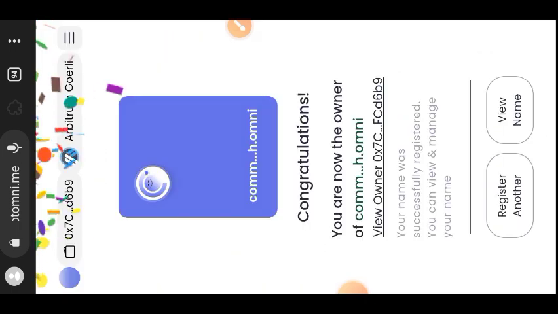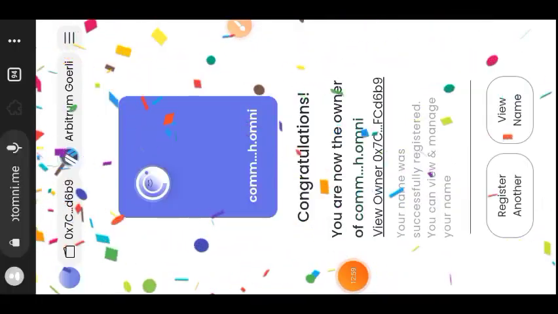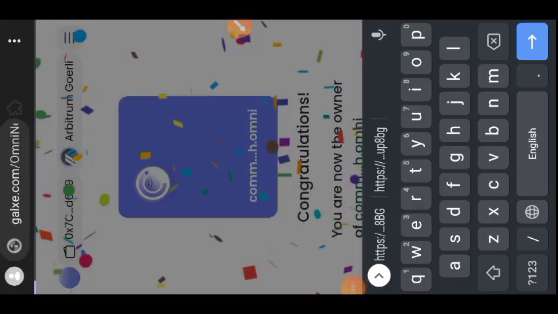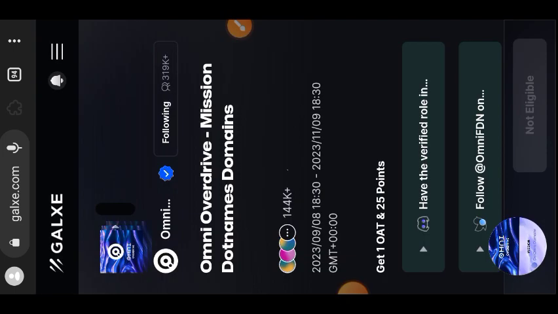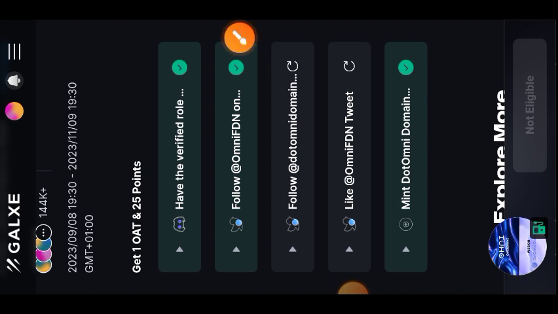So after buying the domain name, we are going to go to Galxe again and we are going to claim OAT for this interaction. You would find the link to the Galxe campaign in the comment section as well. Here we are. You would see that every other interaction here has been verified, including the purchase of the domain name, and the two that are left are to repost a post, to follow them on Twitter, and as well like a